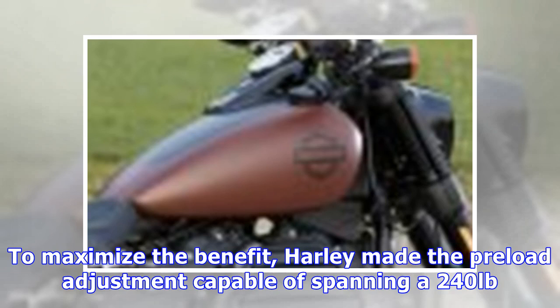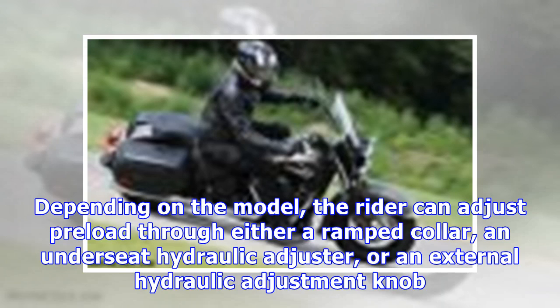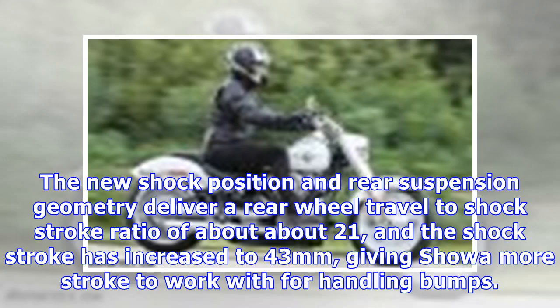required. To maximize the benefit, Harley made the preload adjustment capable of spanning a 240 pounds range in passenger and cargo weights, which is, in some cases, more than double the rated load the bike could carry. Depending on the model, the rider can adjust preload through either a ramped collar, an underseat hydraulic adjuster, or an external hydraulic adjustment knob. The new shock position and rear suspension geometry deliver a rear-wheel travel-to-shock stroke ratio of about 2.1, and the shock stroke has increased to 43 mm, giving Showa more stroke to work with for handling